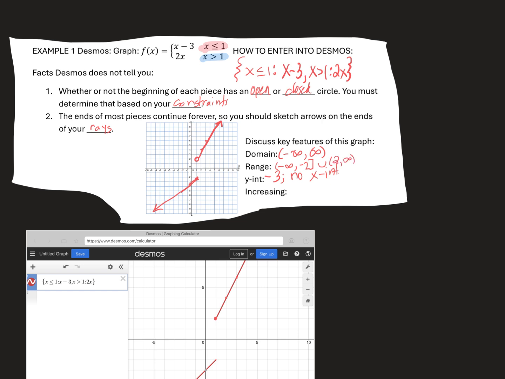And it is increasing for all values of x. So those are some key features that we can discuss about the graph of that piecewise function. Next, we're going to write the constraints, or the piecewise function, that can be used for